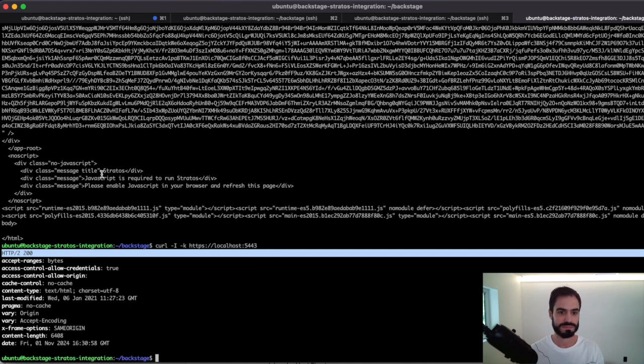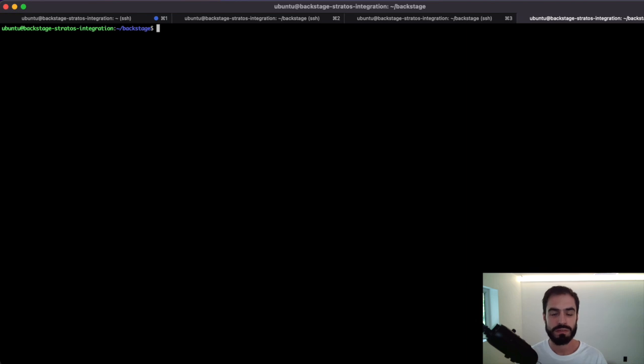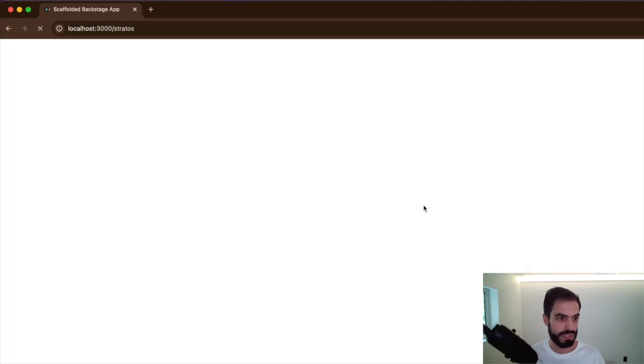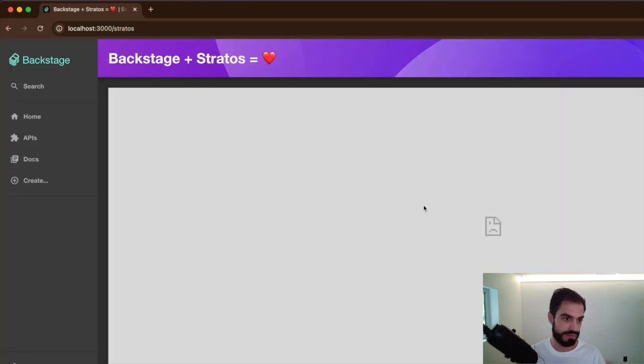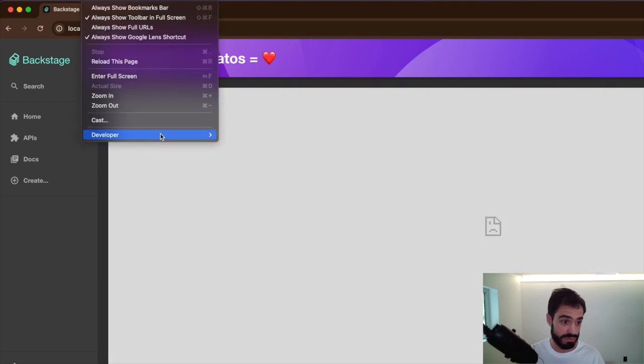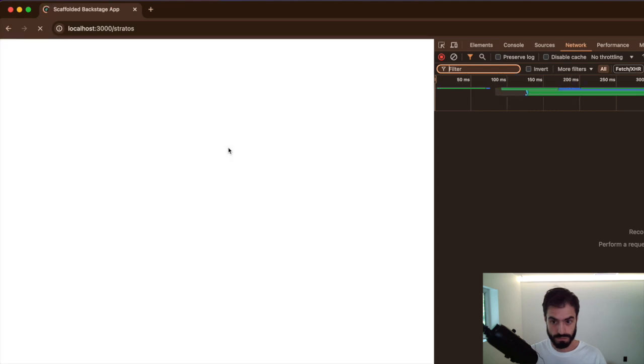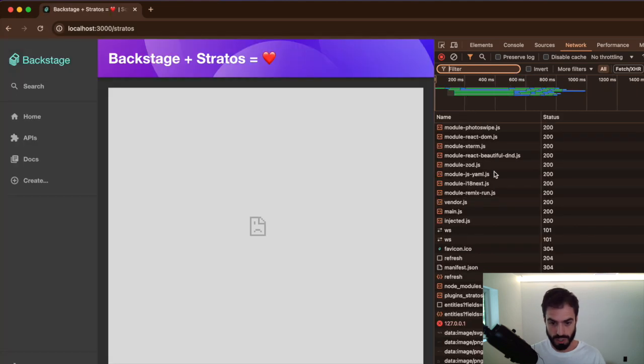Let's do it. Okay, so now that Stratos is deployed, we should check if we can get it displayed in the Backstage plugin in the iframe. So I'm going back on my plugin page, reloading, and still not working. So let's debug that, go in the developer tool. And I know the issue because obviously I've done this prior to recording, but the long story short